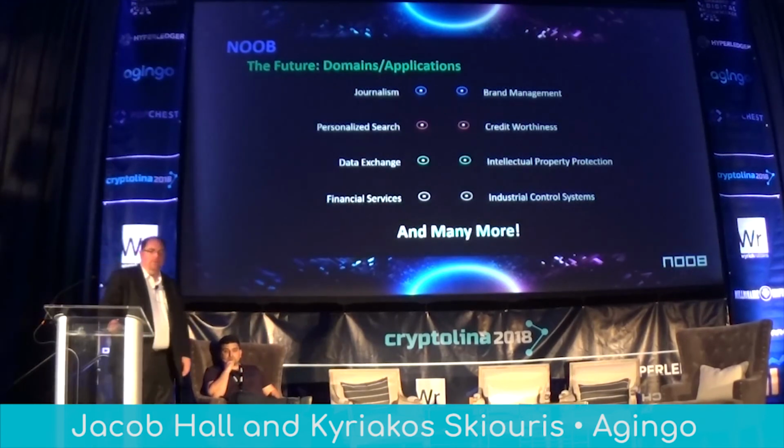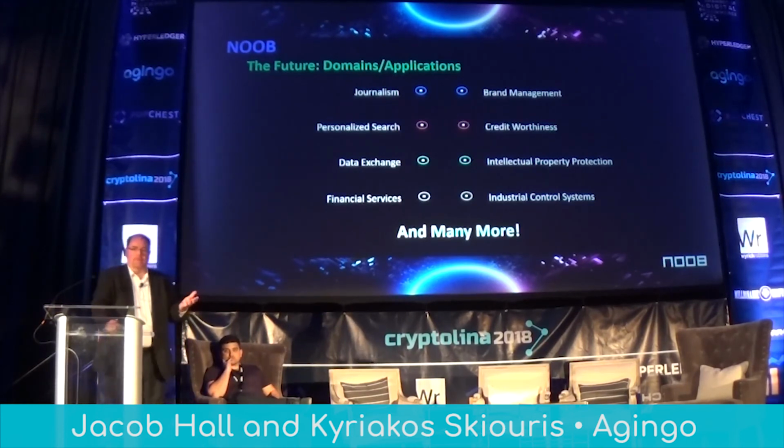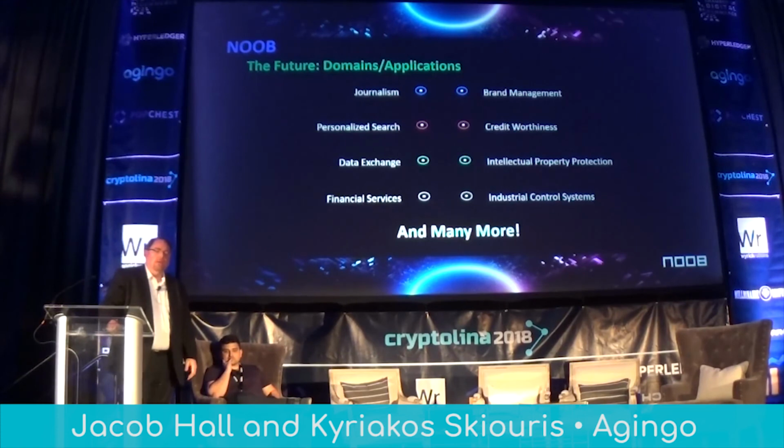The future of this, lots of applications. We don't know which ones are the best ones yet. We have our own use case within Agingo, but we recognize that people are going to want to use this for other things. That can be useful in control systems for the energy grid or intellectual property protection, like patents. You can put patents on the blockchain and license them through the blockchain in a more open way, where even users could get a license to the blockchain or to a specific patent.